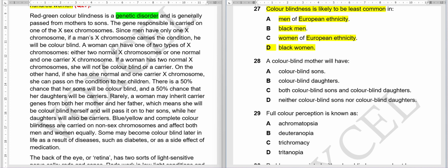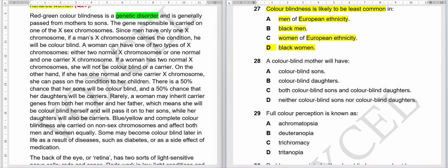Red green color blindness is a genetic disorder and is generally passed from mothers to sons. The gene responsible is carried on one of the X sex chromosomes. Since men have only one X chromosome, if a man's X chromosome carries the condition, he will be colorblind. A woman can have one of two types of X chromosome, either two normal X chromosomes or one normal and one carrier X chromosome. If a woman has two normal X chromosomes, she will not be colorblind or a carrier. On the other hand, if she has one normal and one carrier X chromosome, she can pass on the condition